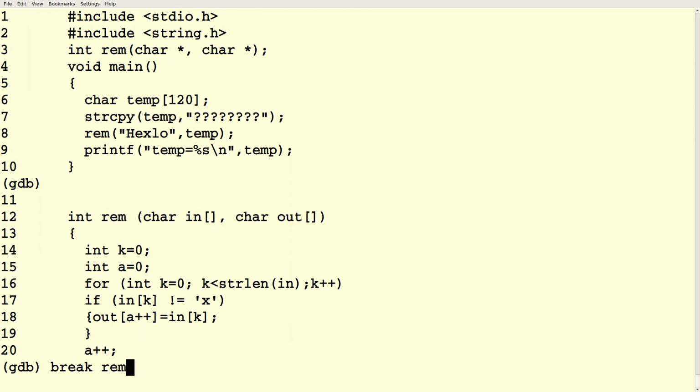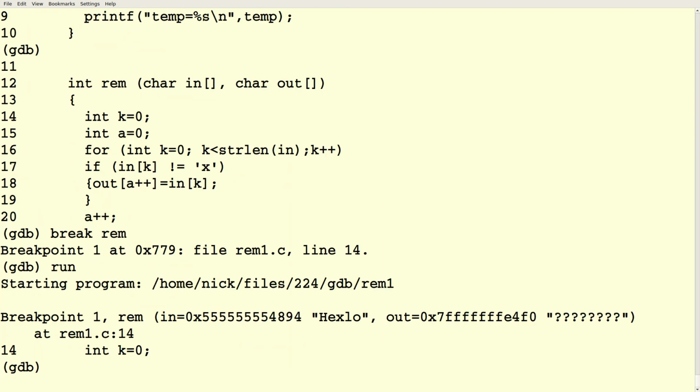I can just say break rem, and I can say run, and it'll skip through everything until it gets to the rem function. And then it'll come back and say, okay, I'm inside rem, what do you want to do? And I can look at this code,